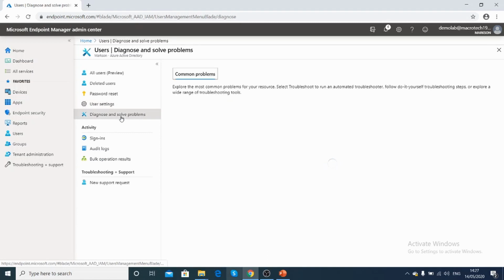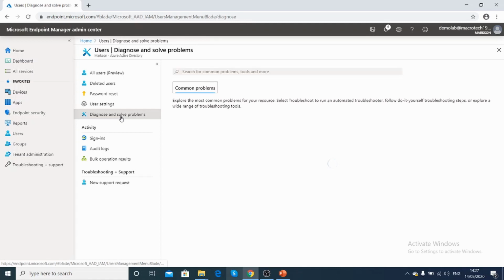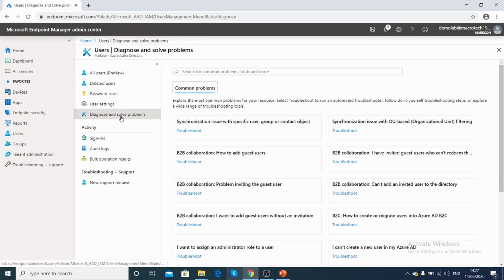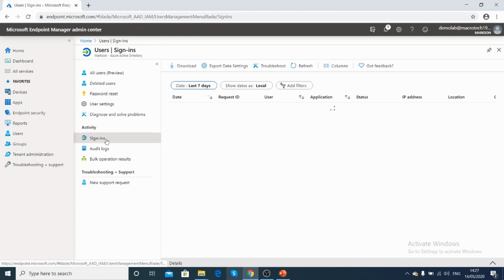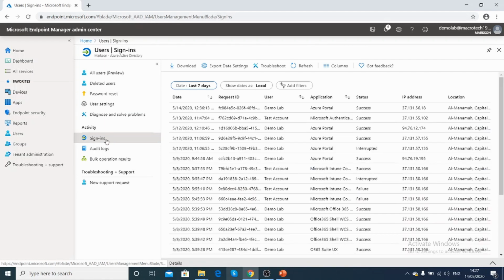Sign-ins provide you the complete sign-in information of the user. All the activity performed from the user level will get logged here so that the admin can see what is happening from the application level or from the user logon level. This is useful for the administrator to check what is happening if there is any interruption or success or failure, and this report can be given to your management to showcase all the activity happening in your environment.